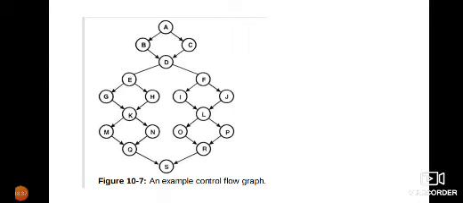What is the number of edges over here? Just count: 1, 2, 3, 4 from the top, then 5, 6, 7, 8, 9, 10, 11, 12, 13, 14, 15, 16, 17, 18, 19, 20, 21, 22, 23, 24. You have 24 edges. How many nodes do you have? 1, 2, 3, 4 on the top, then I come to the left: 5, 6, 7, 8, 9, 10, 11, 12, 13, 14, 15, 16, 17, 18, 19. I've got 19 nodes.